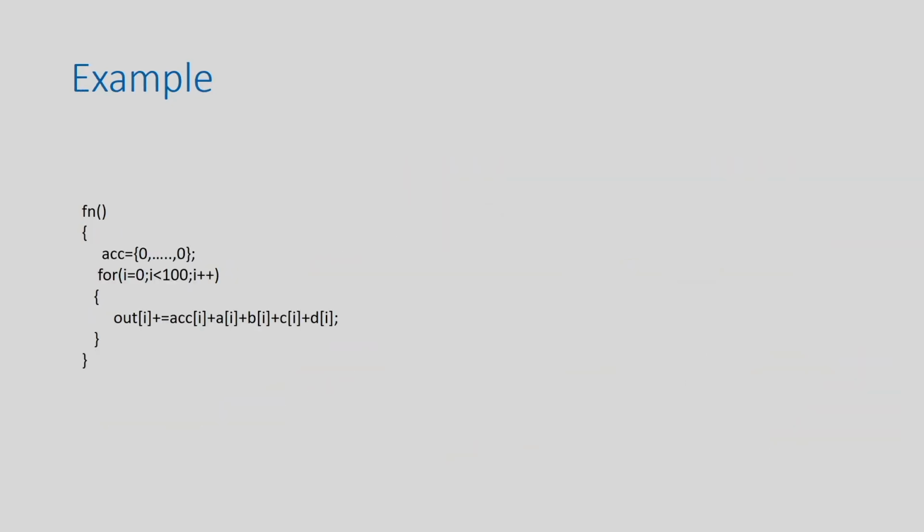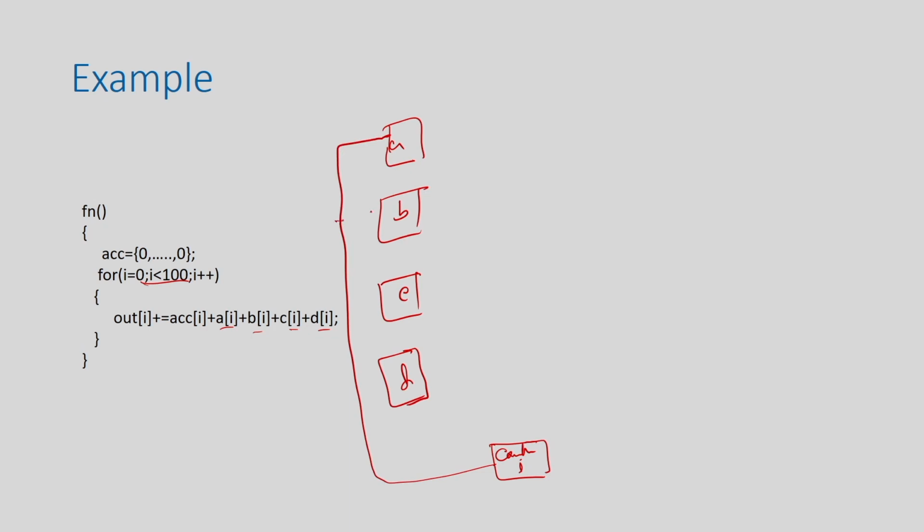So, I will just show the execution of this part. Since these arrays are big, I should not split them into registers, because it will consume a lot of registers, right. So, I have now 4 arrays, array A, B, C and D, right. So, I should have that counter. I am writing some abstract design. So, this counter will decide the value address, right. So, this is the address, basically.